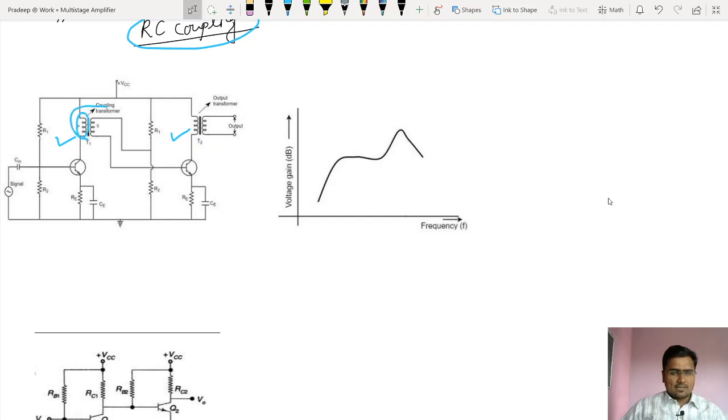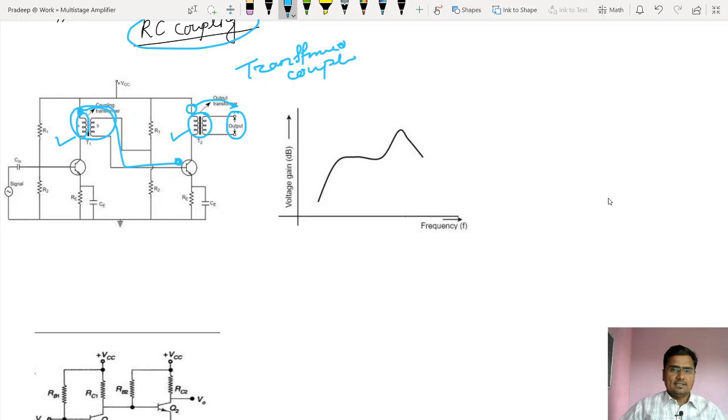So this is a transformer. Now don't even think that the transformer is step up or step down, because it's a coupling transformer. N1 equals N2, so obviously the number of turns at the primary will be equal to the number of turns at the secondary. So this is a transformer. Transformer couples the output from the collector to the base of this transistor. Even here if I connect a load, the output of second stage is coupled to the load using this transformer. So that's why it is transformer coupled.